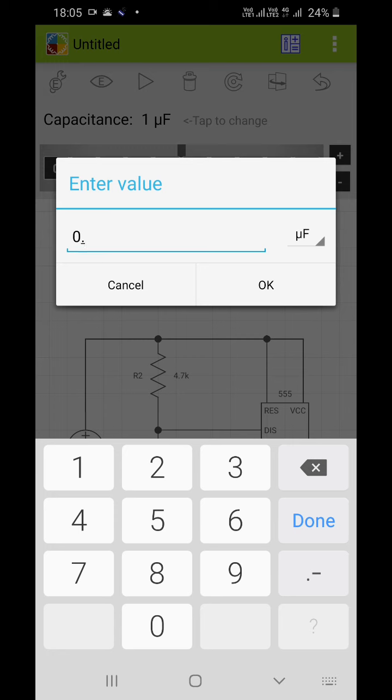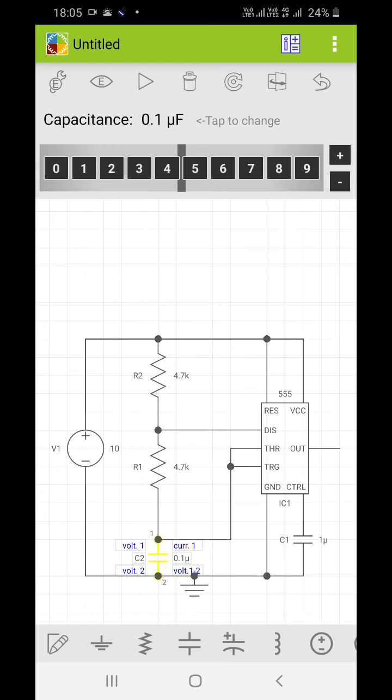This is according to the design. You can design your IC 555 for your particular application. If you change the value of these resistances and capacitors, you will be able to change the pulse width of your output wave.